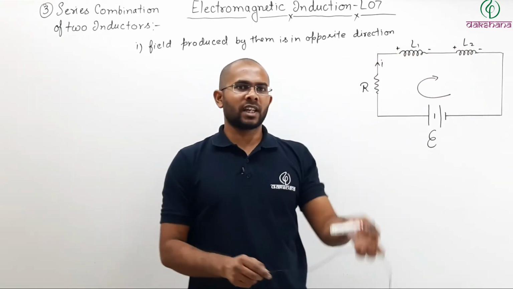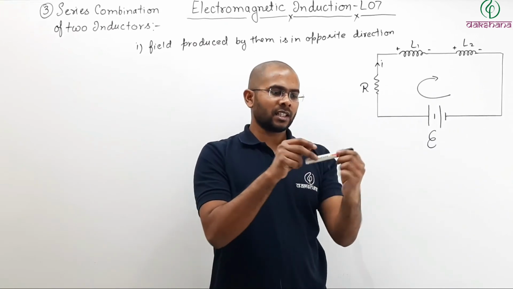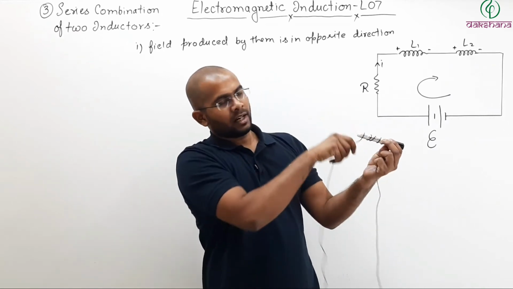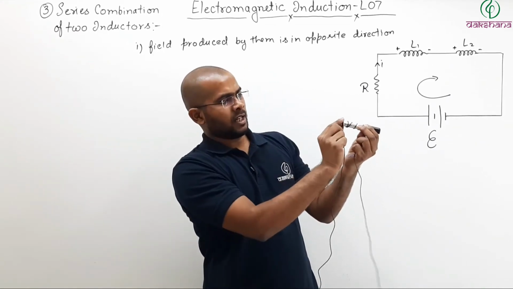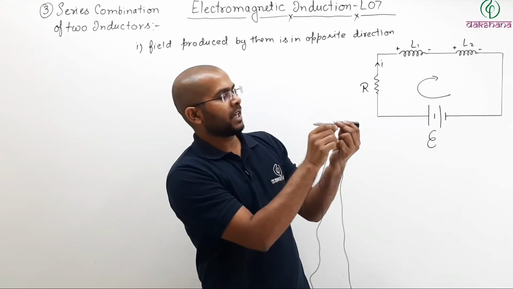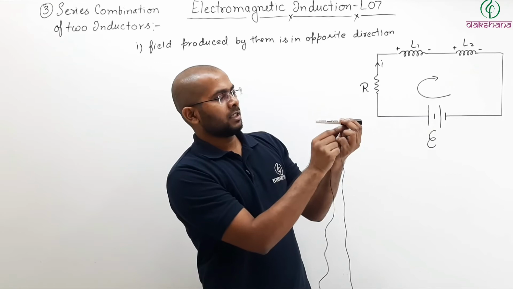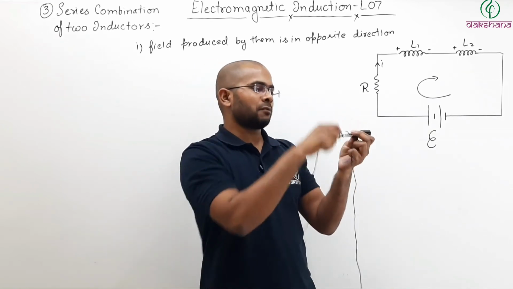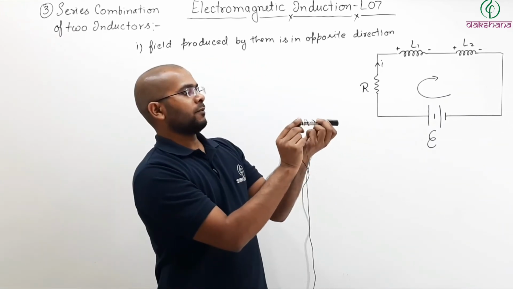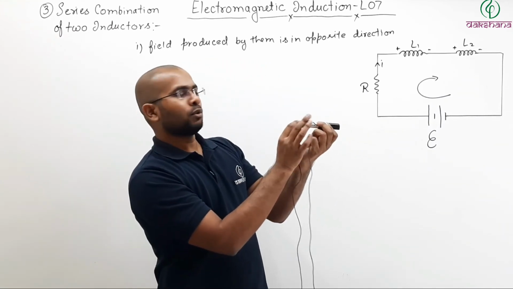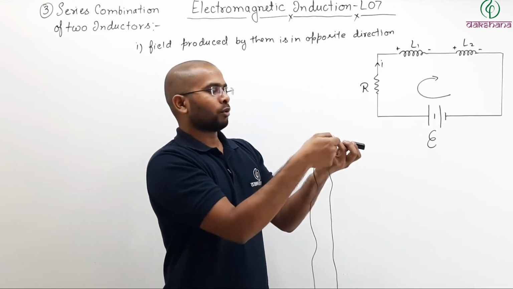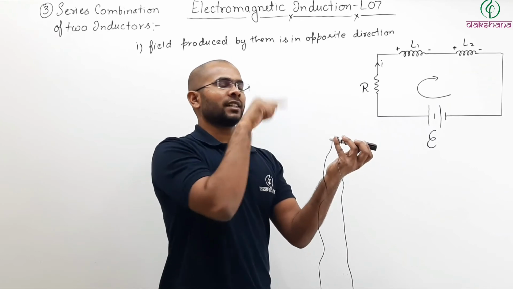At your home, just take a string. Take a pen, start winding the string in the clockwise direction, let us say initially. After, let us say, 10 turns, hold the wire with one finger, and now start winding anti-clockwise, opposite direction. Now take a look. If you pass the current through the initial 10 turns, current is going clockwise. Through the next 10 turns, current is going anti-clockwise.